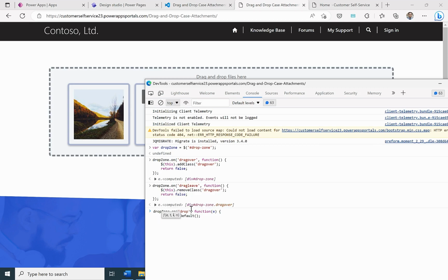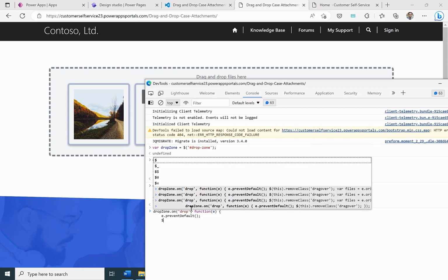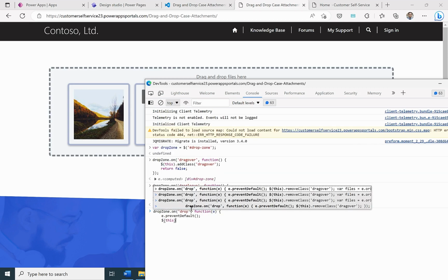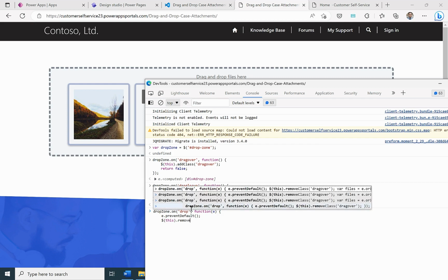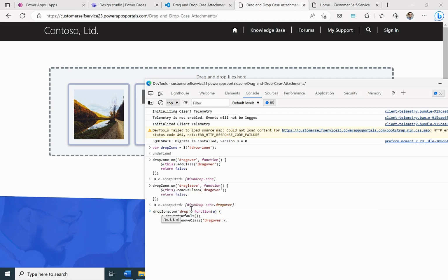And then what is our actual functionality? So we're going to use the this keyword again. So this HTML element that's been dropped onto, we again want to remove that class of drag over. That's just for our visual feedback. We've got a data transfer object that gives us access to all our files,